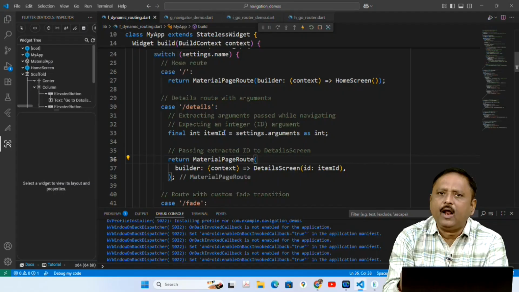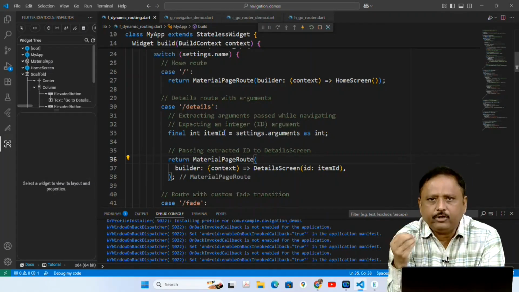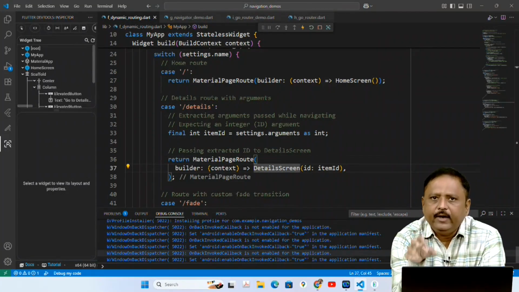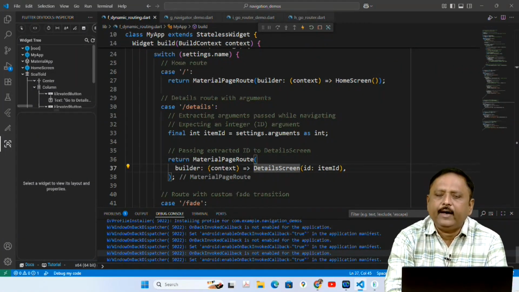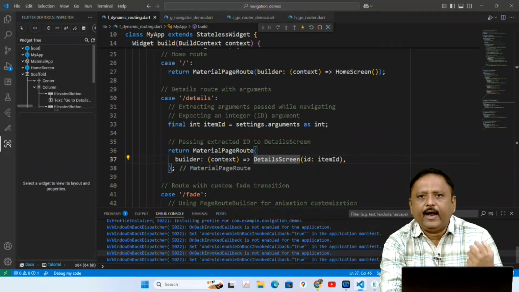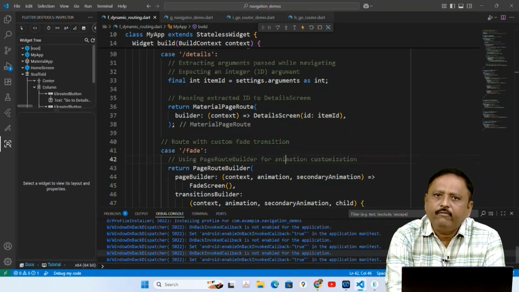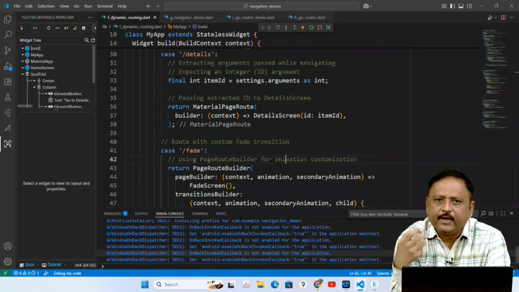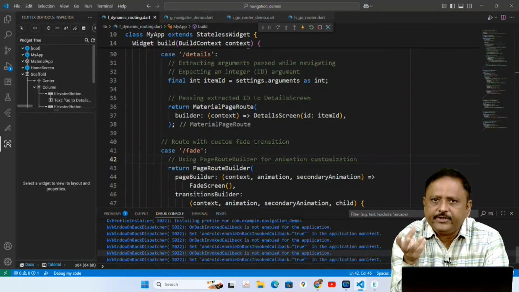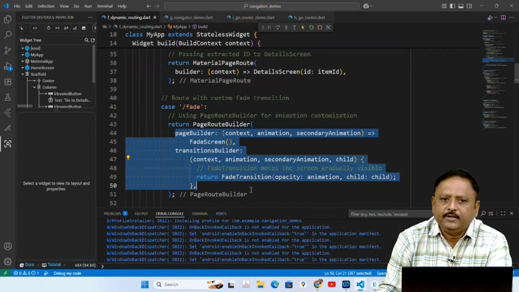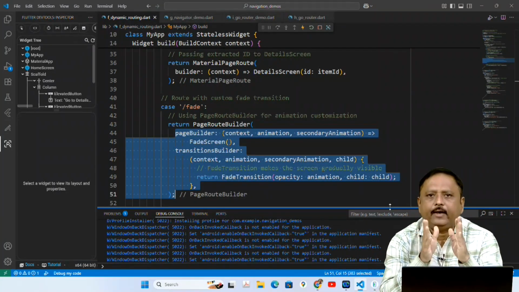We have already learned how to pass values to the second screen using its constructor. We have called DetailScreen, but here we have also passed itemId as a constructor argument so that it can be extracted and displayed there. Whenever slash fade is called, we want to display one screen, the fade screen, without a regular transition but with a fade effect. The code from pageBuilder to transitionBuilder will create that animation effect.